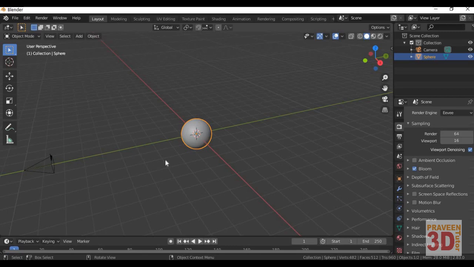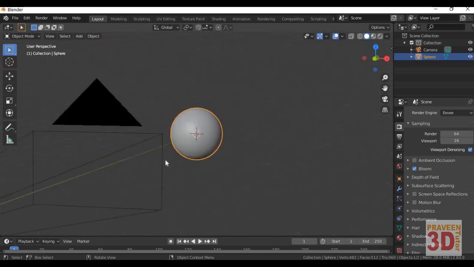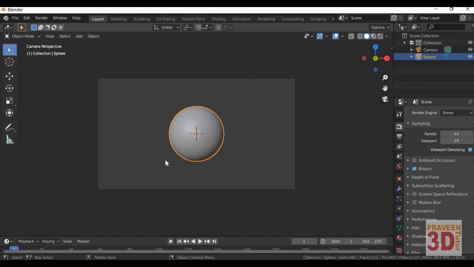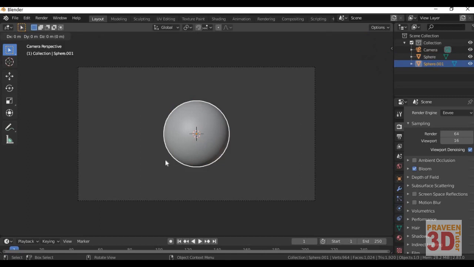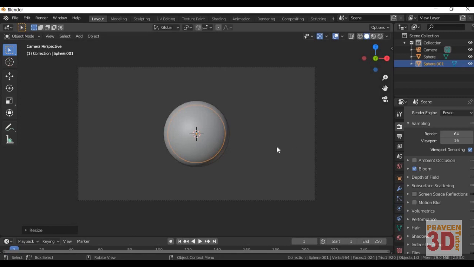Next thing, you can actually duplicate the default cube, or you can do everything in the camera view also. So Shift D, then S to scale it. Then here is a somewhat tricky part. You need to move it along some axis. So come out of your camera view here.